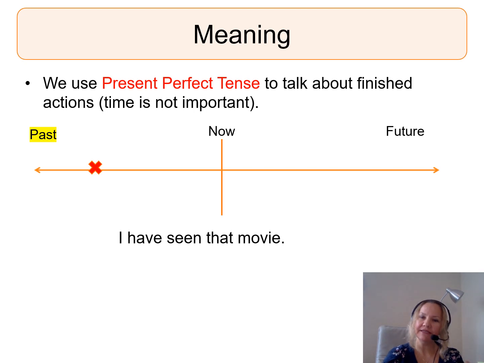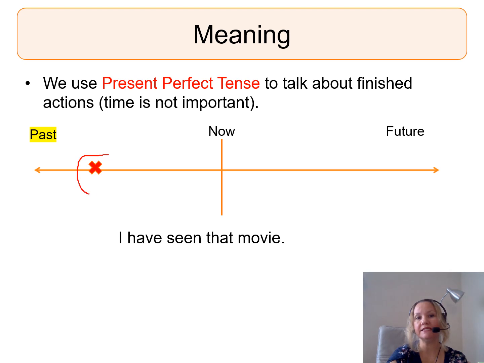Present perfect tense is quite different to simple past tense. At the end of the lesson, I will give you some examples. But the meaning, why do we use present perfect tense? Why does it exist? We use present perfect tense to talk about a finished action in the past. So something happened in the past and it's finished. So if you have a look at my timeline,